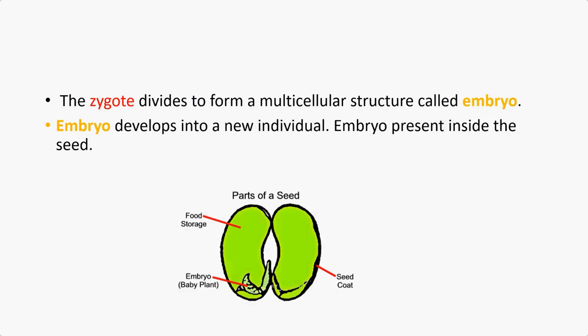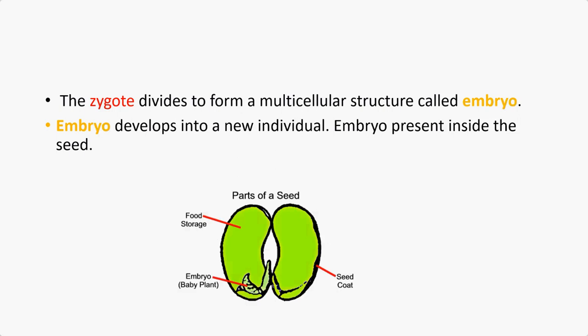Remember, children, in class 3 we learnt about embryo. When we learnt about the structure of seeds, we learnt about embryo. You all remember? I was teaching you class 3 science. That time I was telling you about embryo, cotyledons, the seed coat, the structure of seed. You remember the word embryo? Yes, very good. So this embryo is formed from where? It is formed from the zygote only.